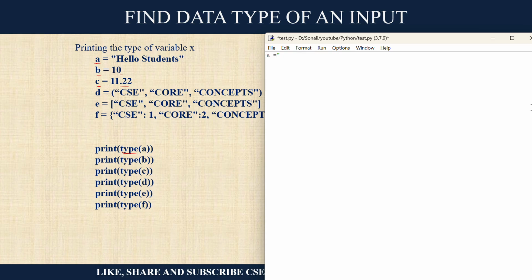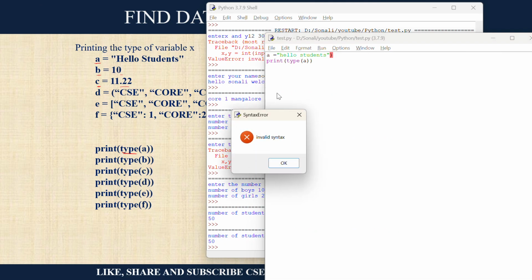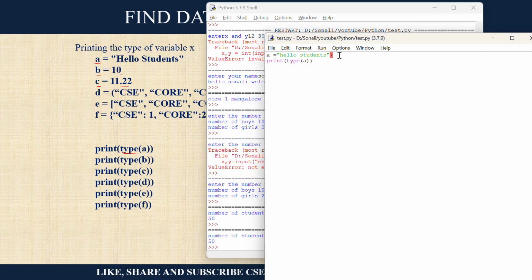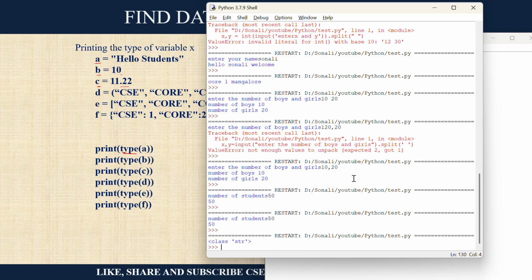Let us use our text editor, and let's get started one by one. So A is equal to, let's say, hello students. Okay, I'm saying hello students, and I want to print the type of this variable, the data type of this variable, right? So let me just save the file and execute it. Okay, I have one bracket which I have not closed. One minute. Yeah. So let's see. Yeah, so it is of type string. You can see class str, right?